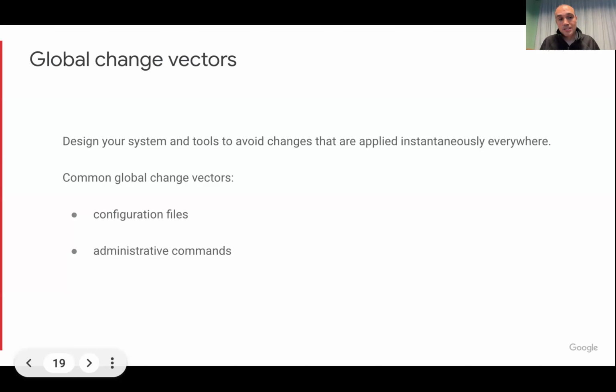There are many global change vectors that go unnoticed. Many times we say, hey, is your binary where you build in your Docker image and then you roll it out with some CI/CD or whatever, right? That's the global asset, so we look at a lot of that. So we have pipelines, continuous integration, tests, unit tests, integration tests, right? But then someone comes in and has a config file that is hanging in a file system, and all the tasks, all the replicas, everything that you roll out gradually, they're all reading that file. You push that file, it has a syntax error or whatever, and everything crashes in one go.